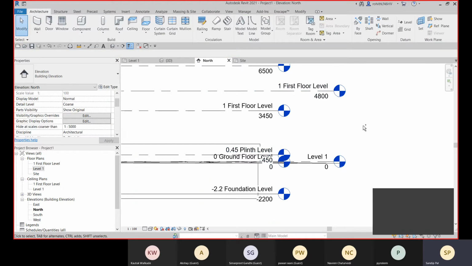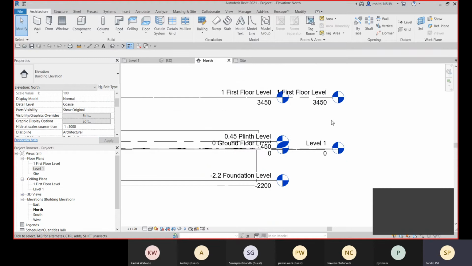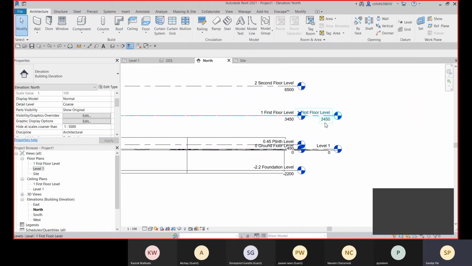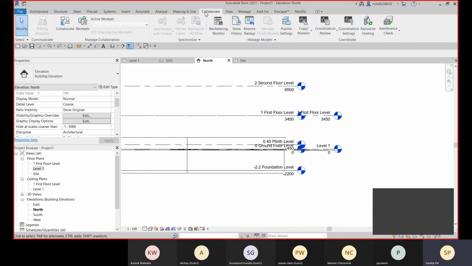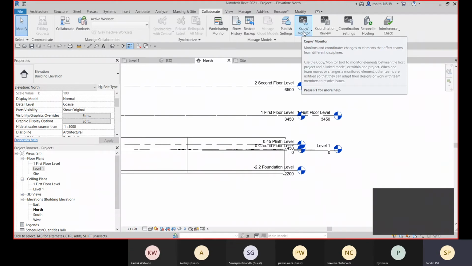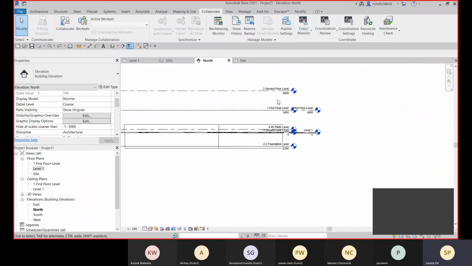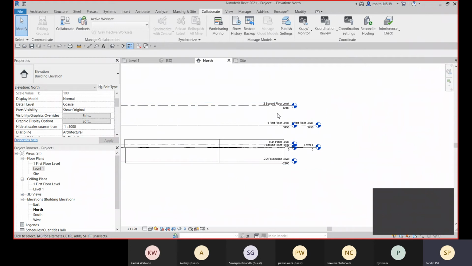All right, so what we should do after creating, we should go to the collaborate option, and here we have this copy monitor option. Okay, so we can copy all this and we can monitor with that main file.